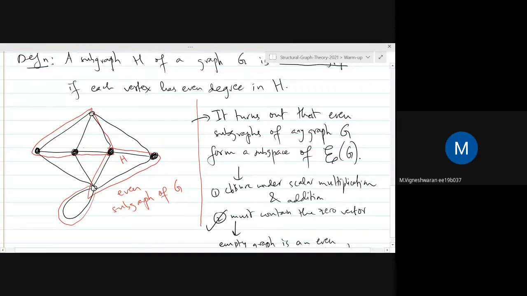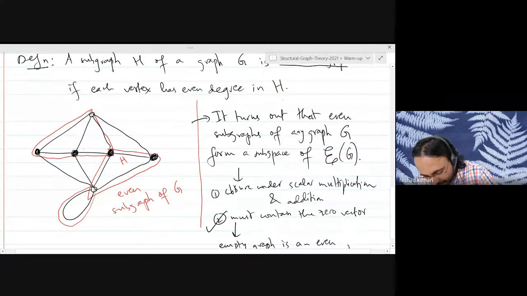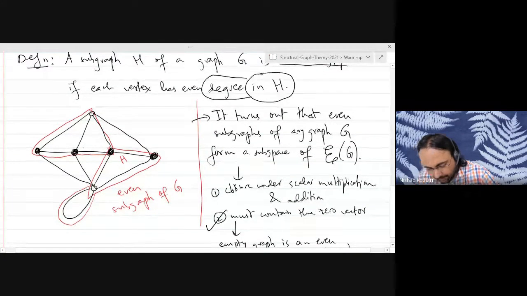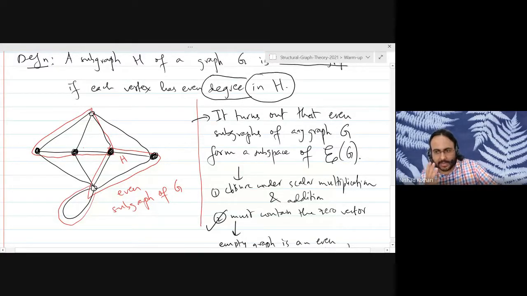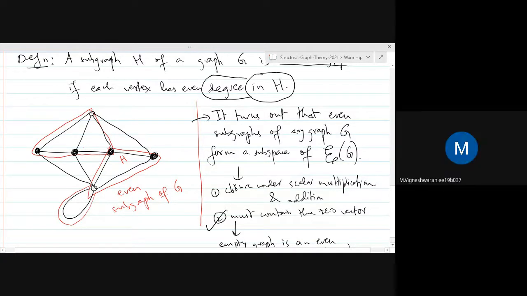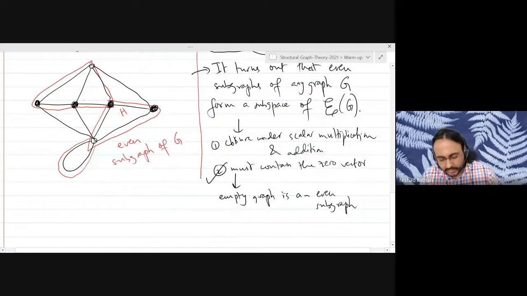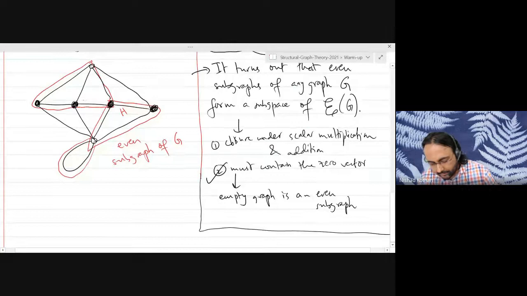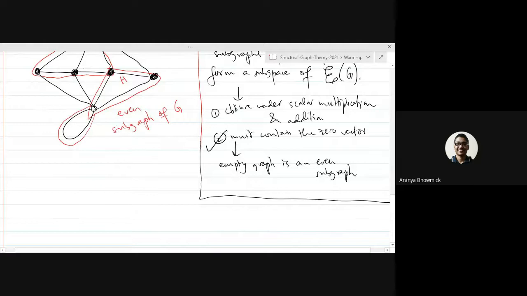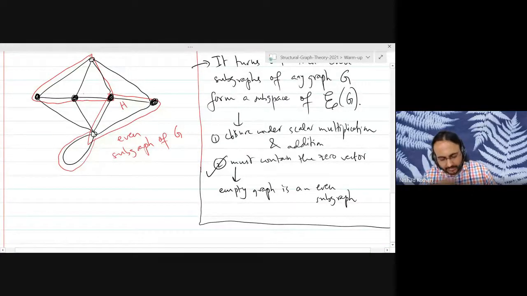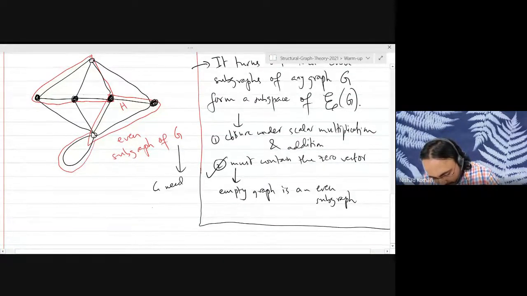Okay, sir. So it is just a square. So this is absolutely crucial. We are looking at the degrees in the subgraph H. Understood. We don't want to restrict ourselves to just even graphs. We want to look at all graphs in the world, but we are going to consider even subgraphs of those graphs because they form a vector space which is of interest to us and was essentially of interest to Euler back in 1700, although he did not view it in terms of vector space. G may not be an even graph, but we are considering all even subgraphs. Exactly. G need not be even. So it's good to clarify these points right now.